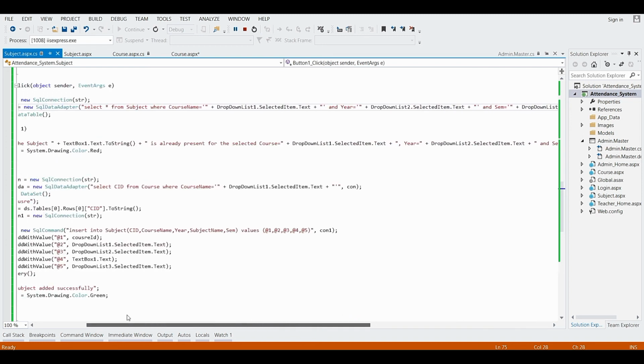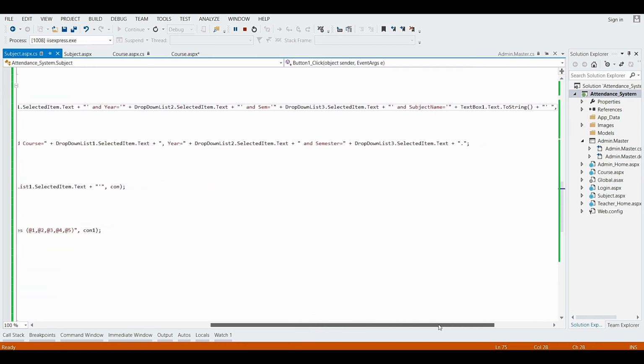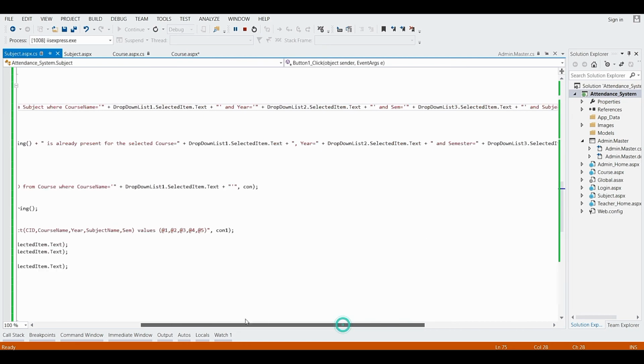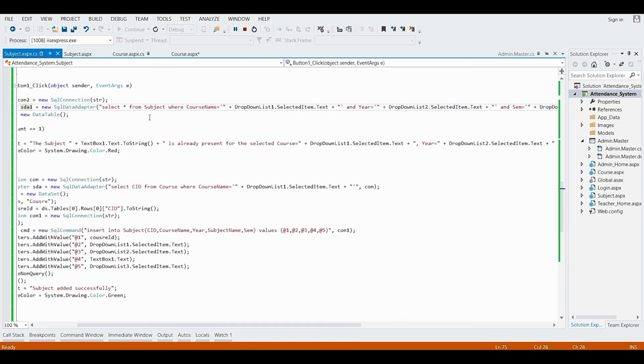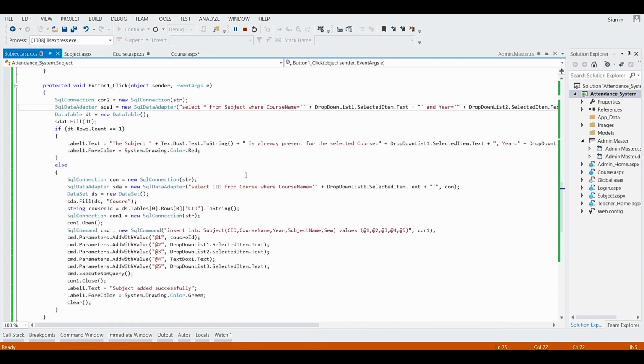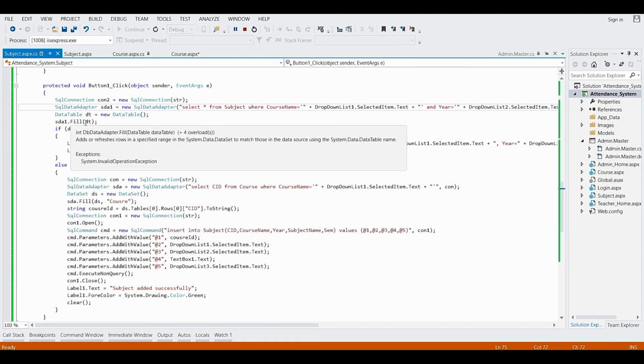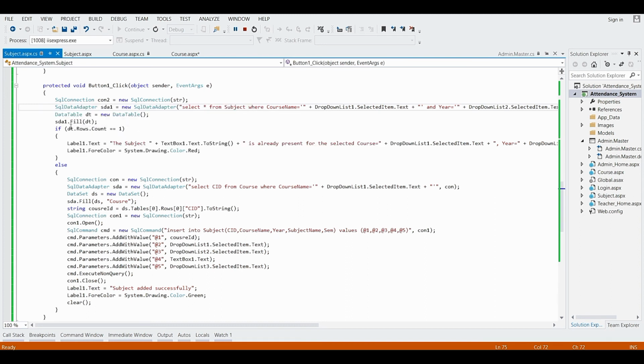Okay. Select star from subject where course name, year and semester and the subject name. Based on this value, it will get all the records present in the subject table. Okay. And it will store them in the data table with the help of the fill method of SQL data adapter.